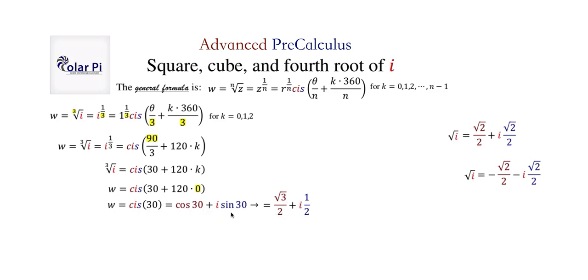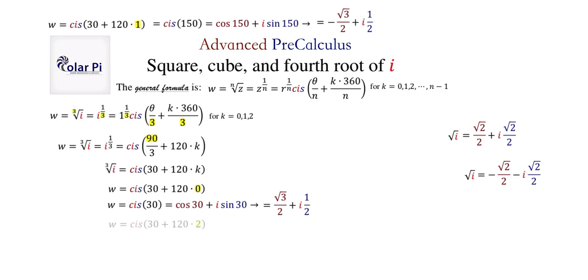But in any case, if you express it in rectangular form, the first cube root of i is going to be this guy. And then the next cube root of i, no surprise, is going to come by setting k equal to 1, and that is going to look like this. And then finally, the third cube root of i, and this should come as no surprise, is going to be, well, letting k equal 2, but it should be no surprise for a different reason, and that's because we know